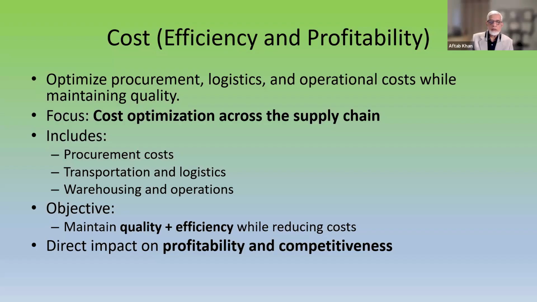And they go hand in hand, because imagine if your inventory turns are low, meaning that you're keeping inventory for long periods in the warehouse, you're losing quality. Materials, as they sit longer, lose quality because of humidity, moisture, damage, just moving around, sitting there collecting dust, or sometimes becoming out of use. The model changed, the part number changed. So when you do efficiencies, do cost cutting, you improve quality, because now the material is flowing through at a higher speed. You get fresh materials and better quality. That's just an example.